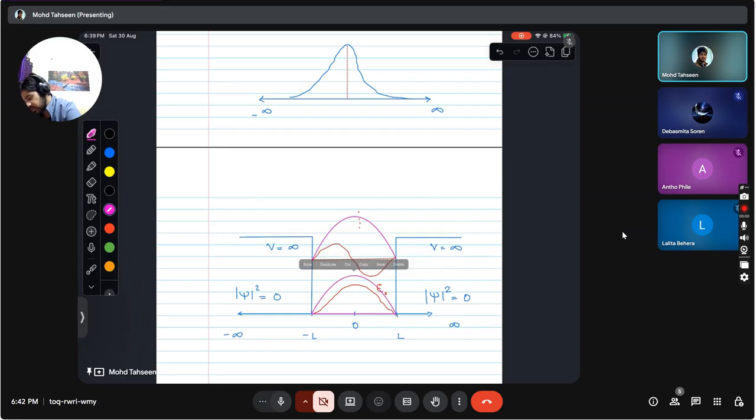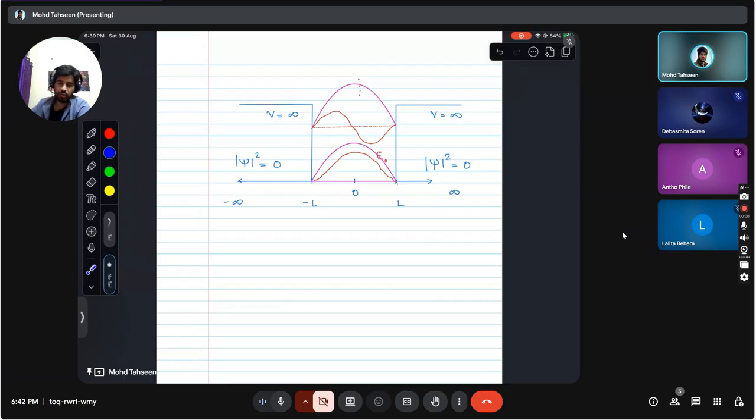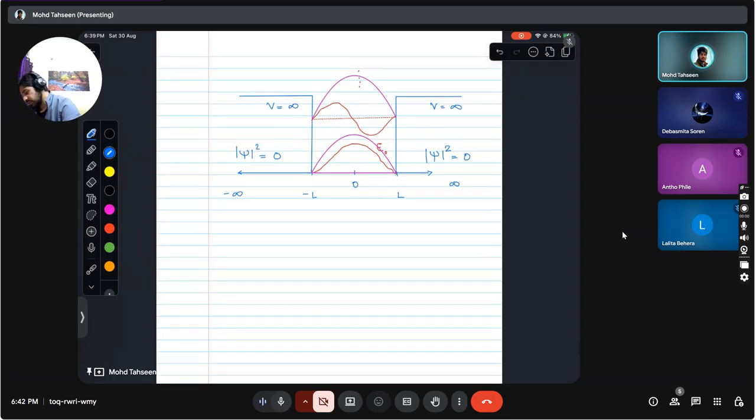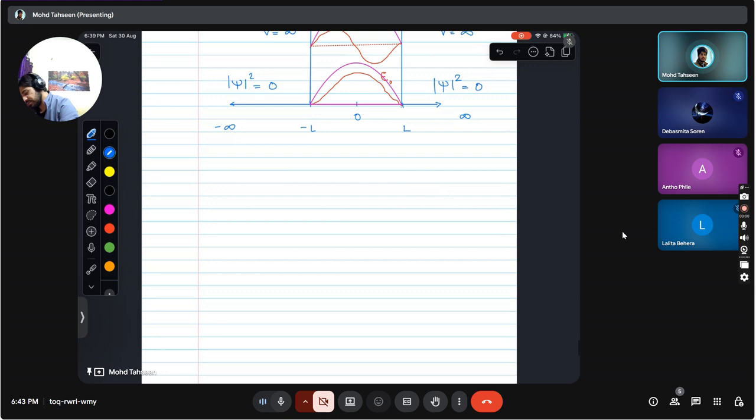Something like this, yes. So this value will get doubled because it's squared now, right? And the negatives will turn into positives. And these locations where the psi squared peaks are the most probable locations where we can find the particle, right? So this was Max Born's interpretation of this psi, the wave function psi. And finally, there is one last thing. Probably it's the first thing, which is Heisenberg's uncertainty principle.